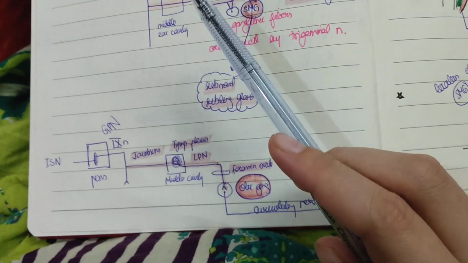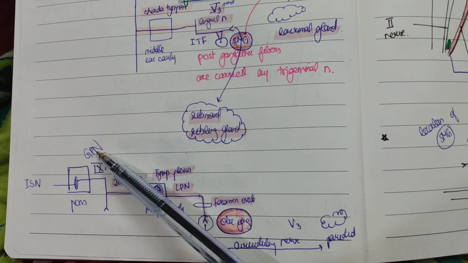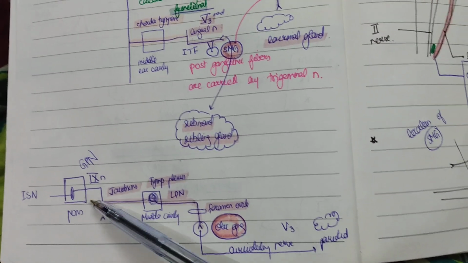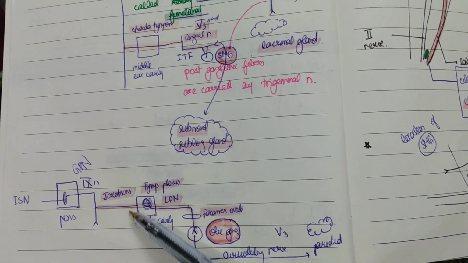We were talking about the superior salivary nucleus. Now let's discuss the inferior salivary nucleus. In the pons, we have the glossopharyngeal nerve, which is emerging from the inferior salivary nucleus. The parasympathetic fibers are being carried by the Jacobson's nerve, which goes into the middle ear cavity, where we have